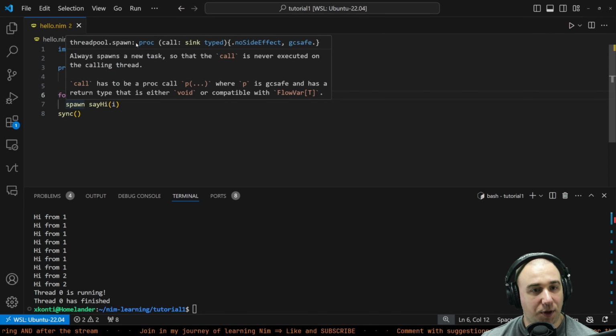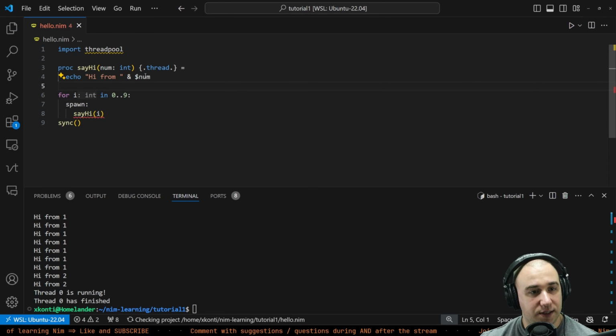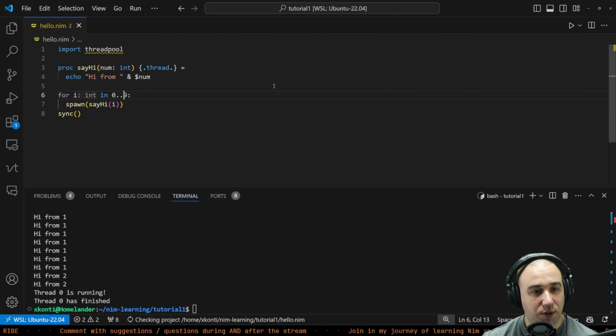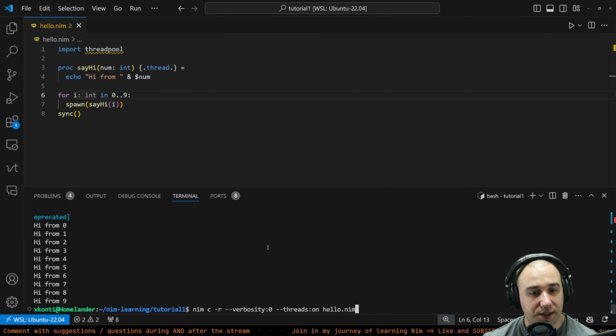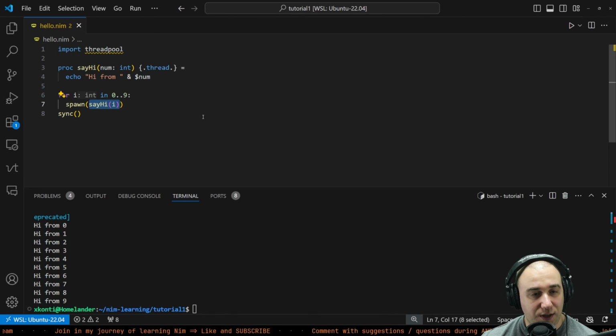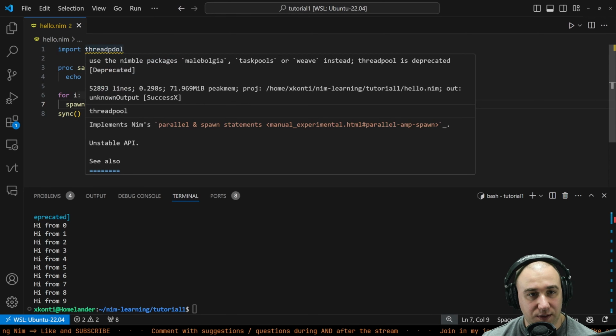So this spawn is a procedure and a call, which is sync typed. This is very interesting. I wonder if we can do something like this. Save. Nope, we can't. So this works well. What about this? Does this work? Can I run it? Yes, I can run it. So that works. Okay. It's just very interesting to see that we're kind of executing the method here, but because this whole spawn thing, the problem here is nimble package,